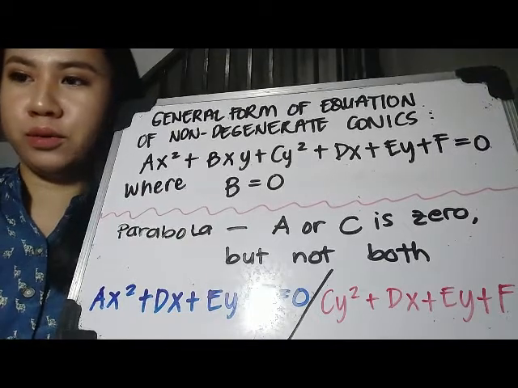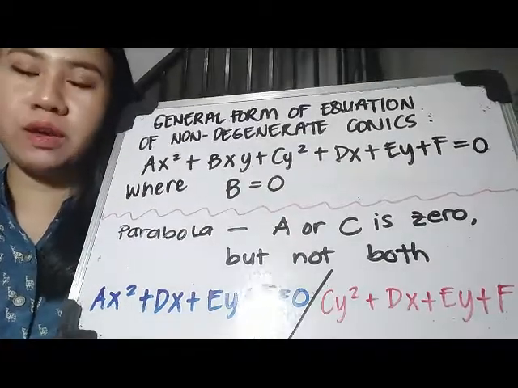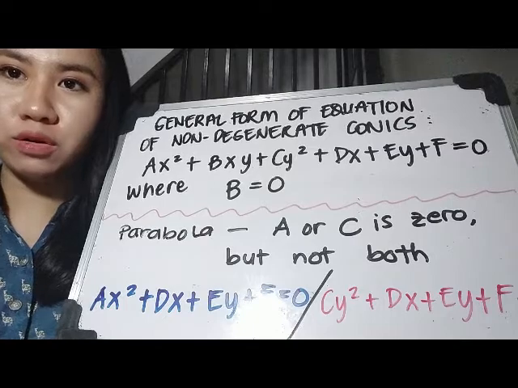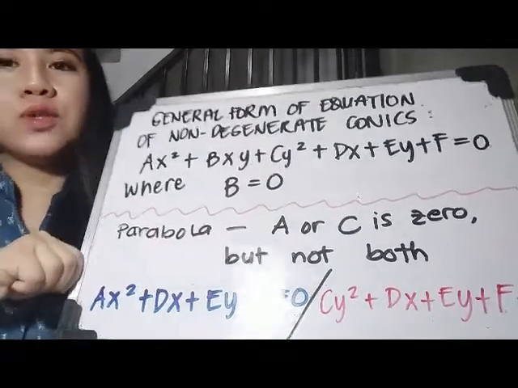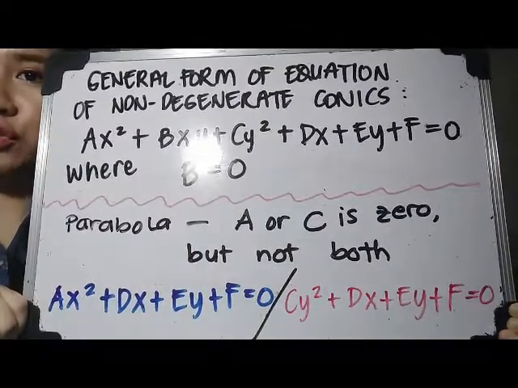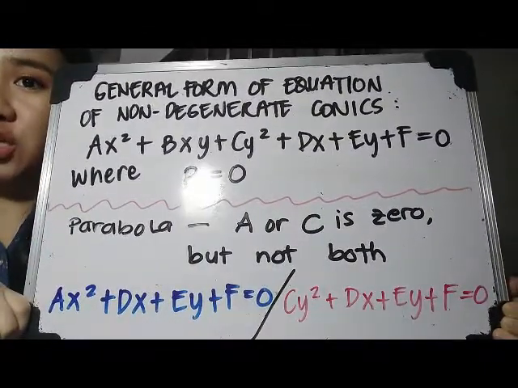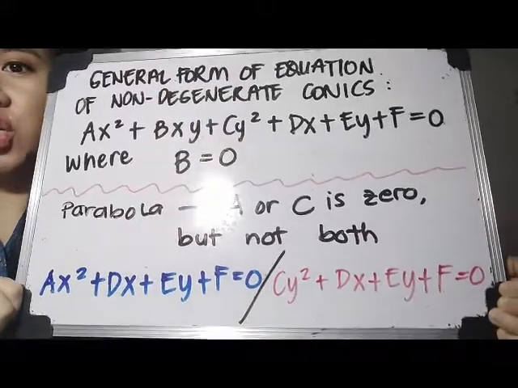Hello guys, so what we're going to study today is about transforming the equation of a parabola from general form to vertex form. But before that, let's first have a recall about the general form of equation of conic sections, specifically non-degenerate conic